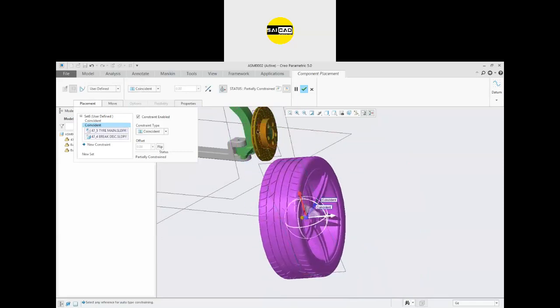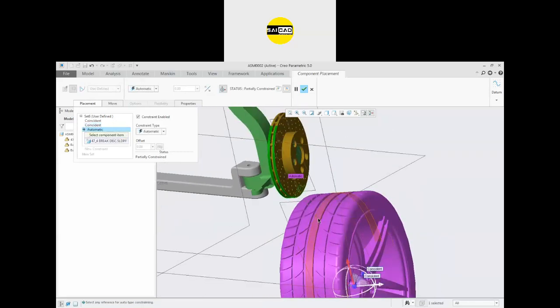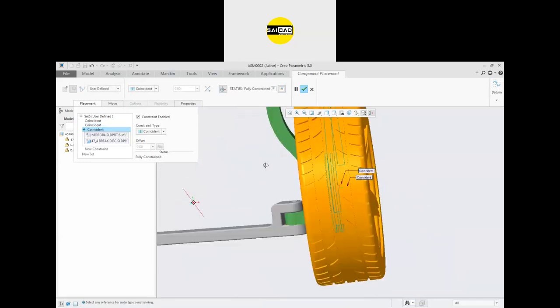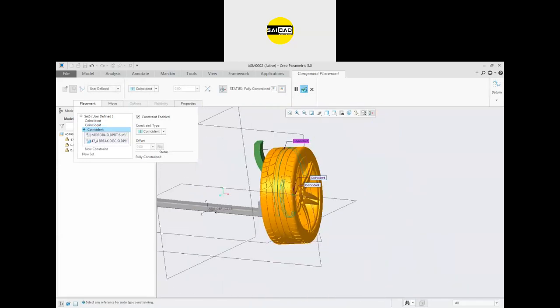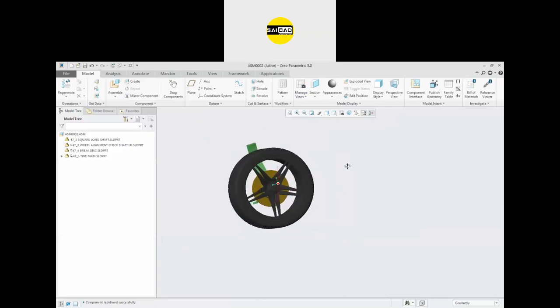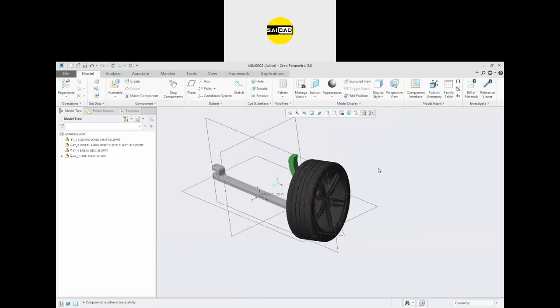So after that, just select the circular face and circular face, and another coincident will be added. And just click OK, and there is the relation. Okay, this is the simple user defined. You have the first option, that is user defined, means you will define which type of constraint you want.